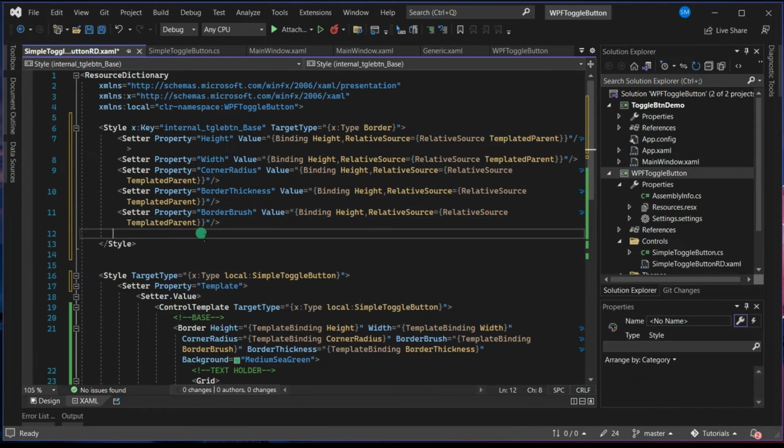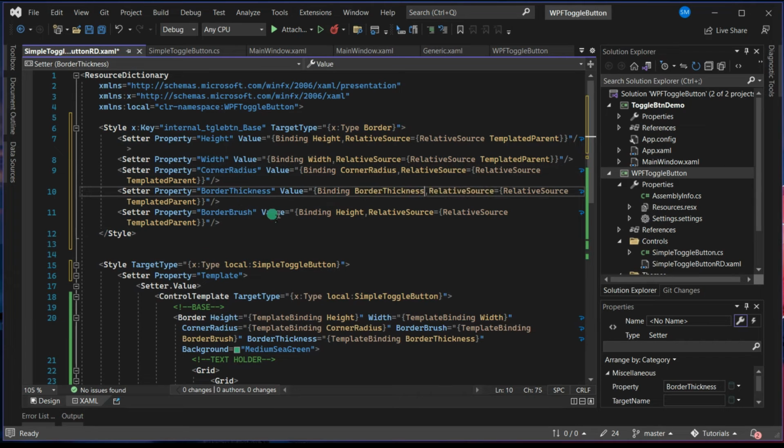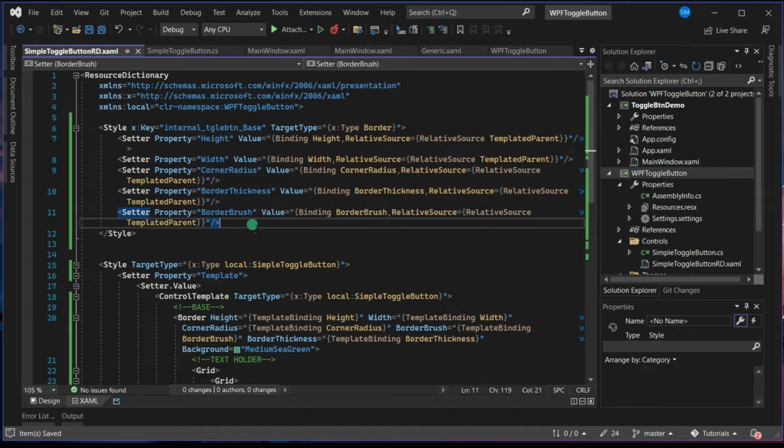Background is what we are going to do using a trigger. So we will do the width to width, corner radius to corner radius, border thickness to border thickness, brush to brush. And finally, for the